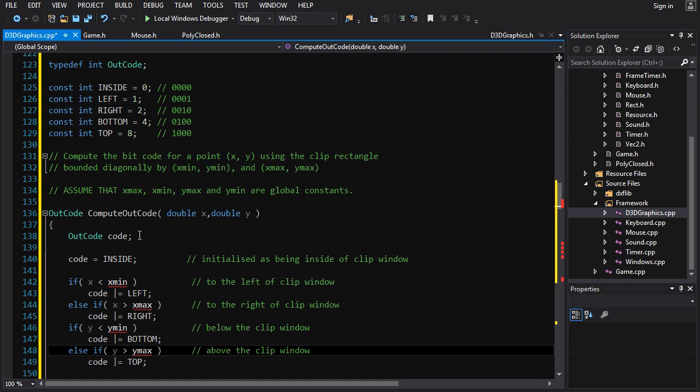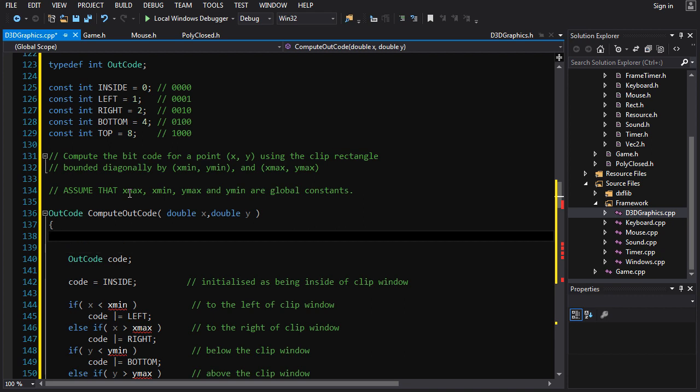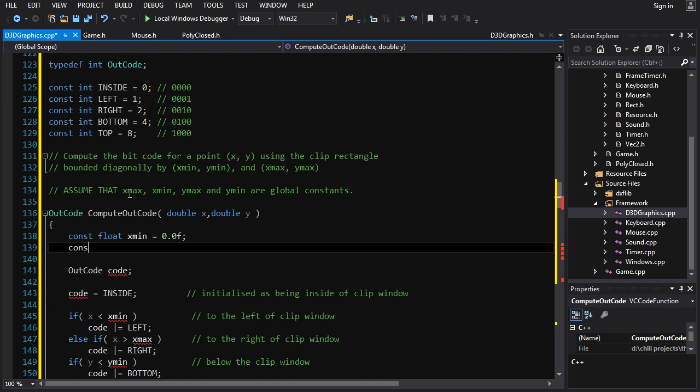So what we're going to do, ladies and gentlemen, is we're going to define those up here. Later on, we're going to have our camera and viewport system. And when that day comes, we won't need these xmin, xmax. We'll just use the stuff from our viewport. But for now,